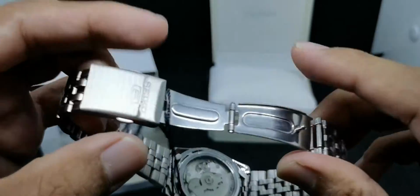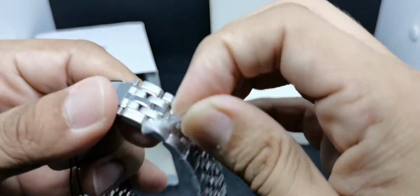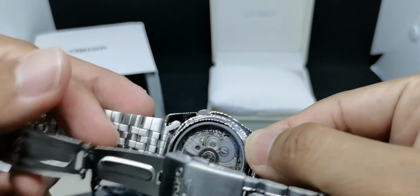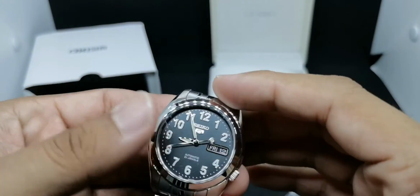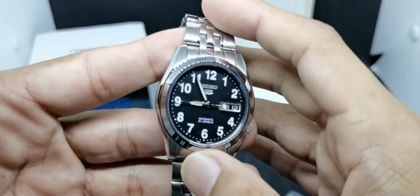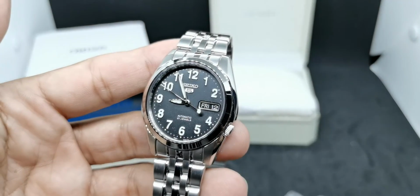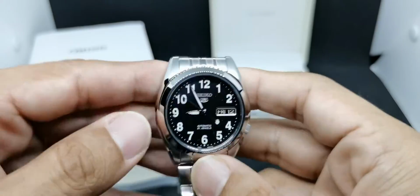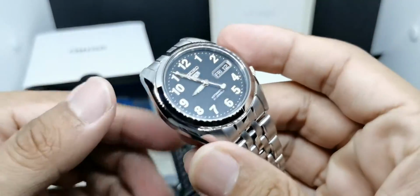And of course we have this very nasty stamped clasp, and we have again another plastic cover covering this area. So at the back I think there is a plastic over there. I will take that off later, but yeah, still check out that beautiful dial. For me, it is one of the main reasons why I've got this model instead of other Seiko 5 models in this line, and I just love the case